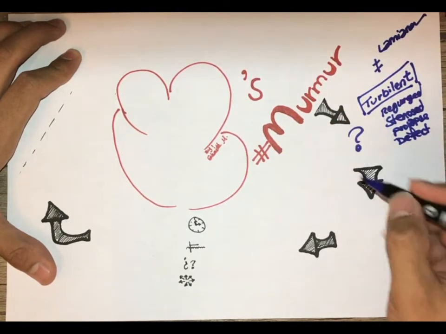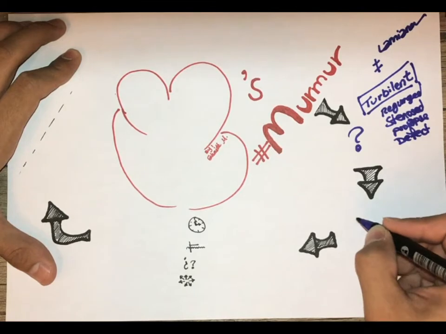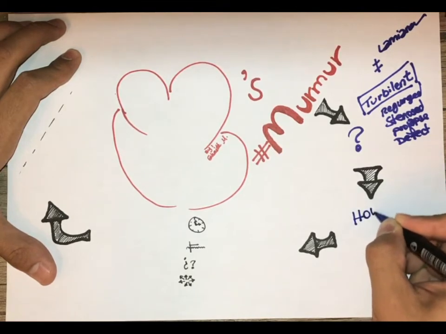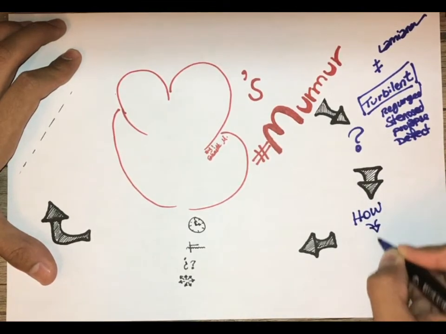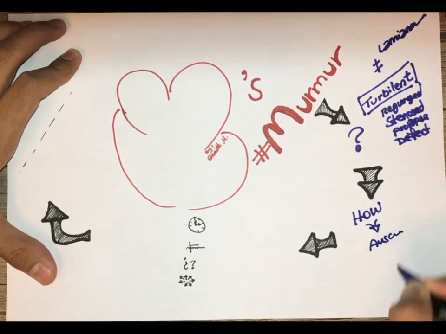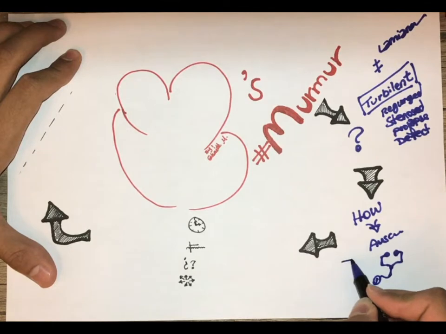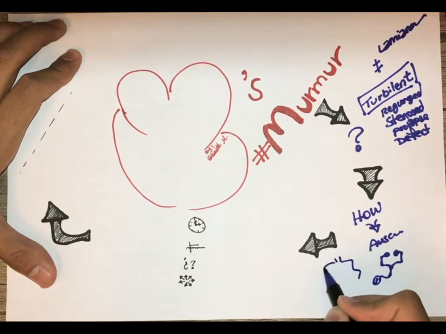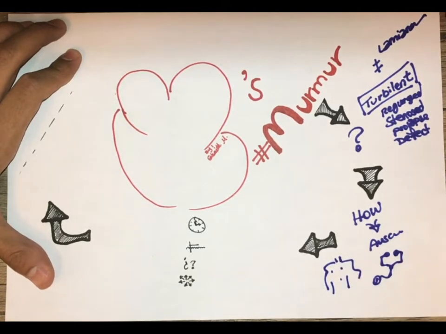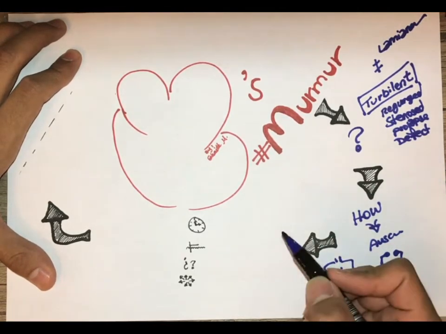Now let's talk about how to identify murmur. Murmur is identified by auscultation, so using a stethoscope. We just hear by the stethoscope, and we put it on the chest of a patient and auscultate and identify that the murmur is present. Now what to do? We need to report